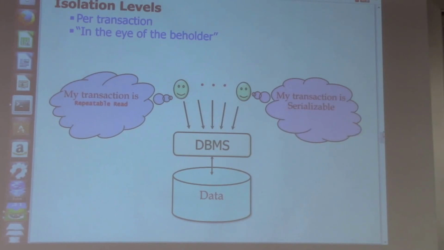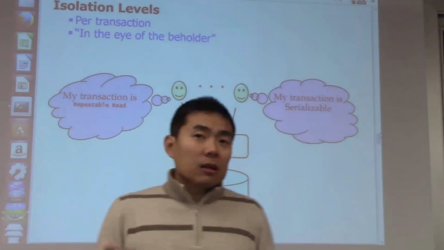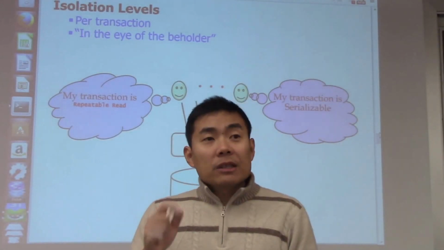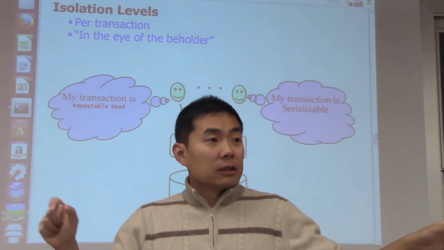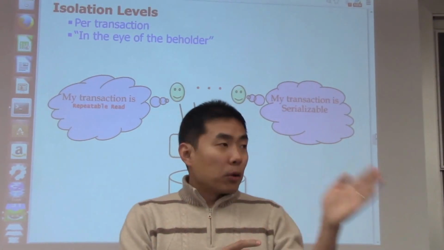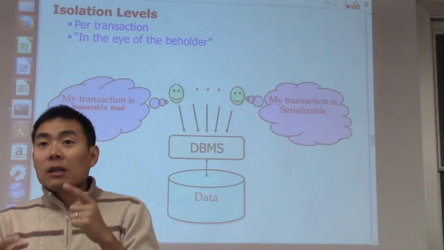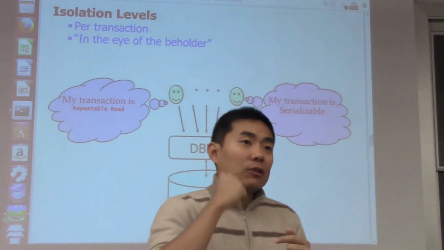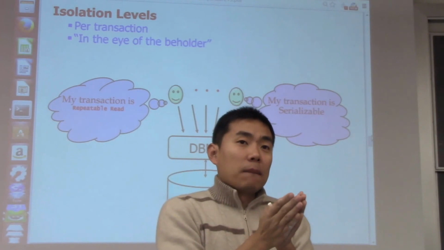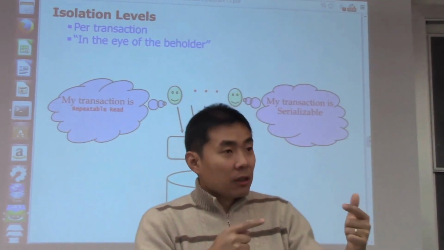So another thing that is less obvious, but to keep in mind, is isolation level in a lot of database management systems. Isolation level is not necessarily set as a system level parameter. Rather, it is set as a per transaction parameter, meaning that different transactions may be running in different isolation levels. And they check the isolation condition based on this per transaction view, meaning that from this transaction's perspective, as long